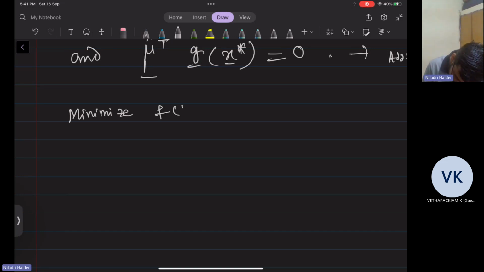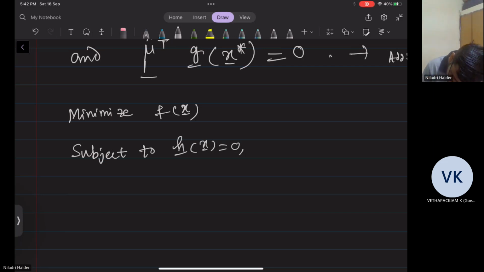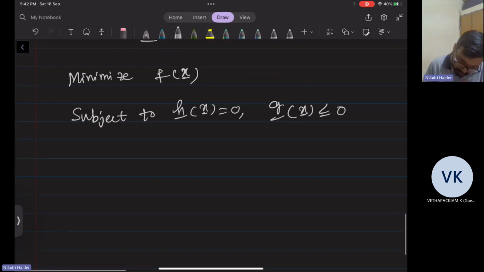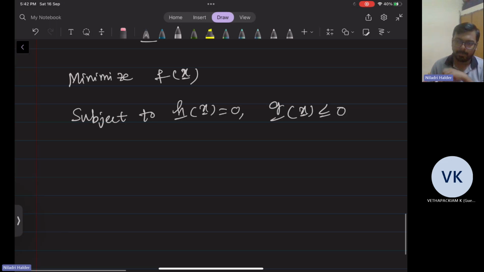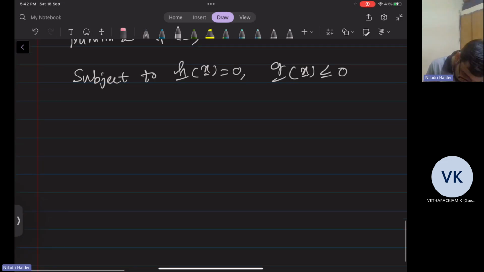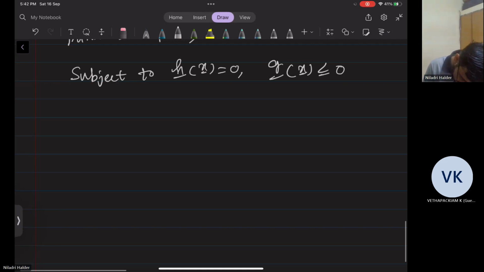minimize f(x) subject to h(x) equal to 0 and g(x) less than or equal to 0. Now, at the beginning we need to write down the KKT conditions. So what should be the KKT conditions? The KKT conditions should be,